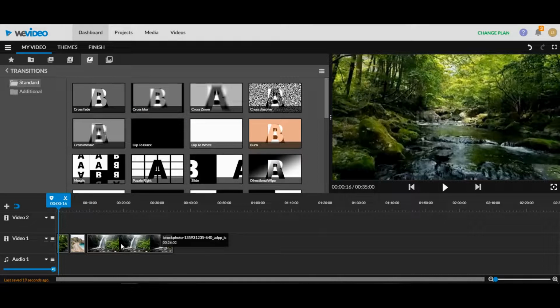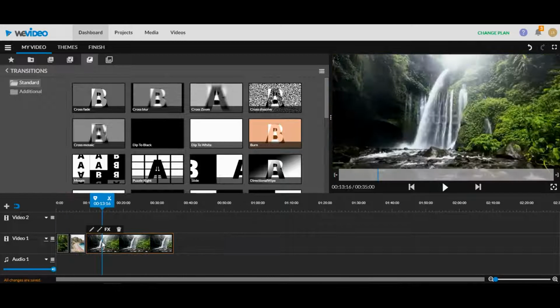Next, if you want, you can add fade in and fade out. Just click on your clip and here's where the fade options are. You'll see that you have a green line, and I will click right here if I want to fade out at this point, and you can adjust this any kind of way you want. So I've got 3 points there, and